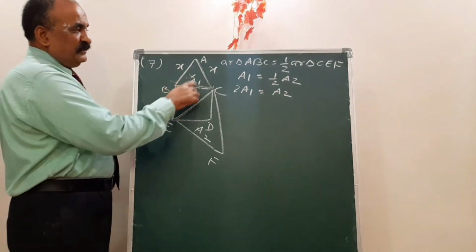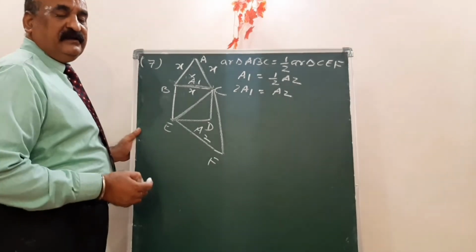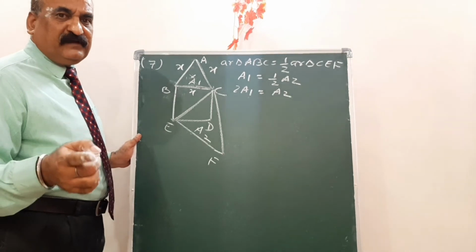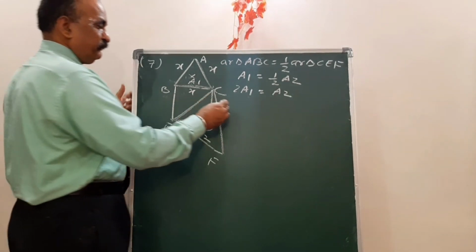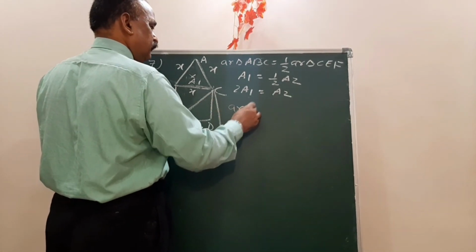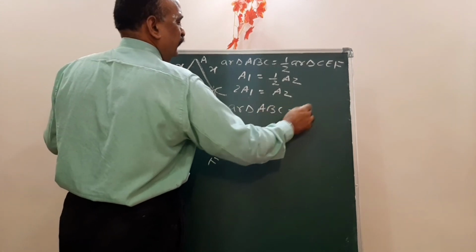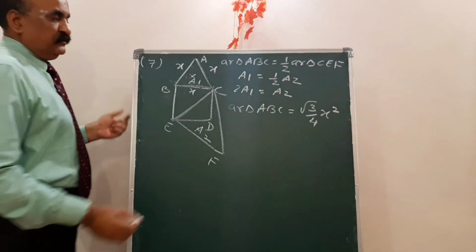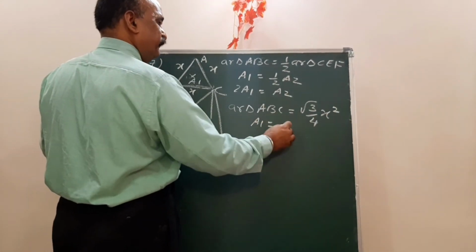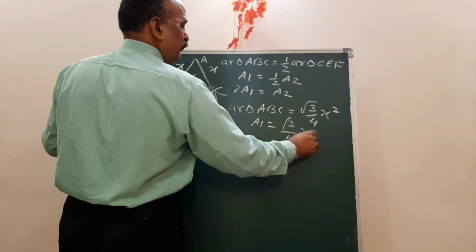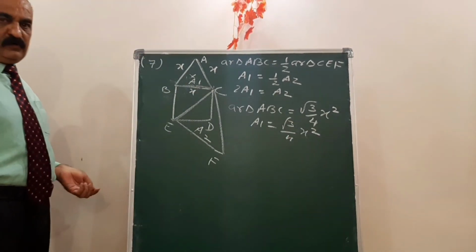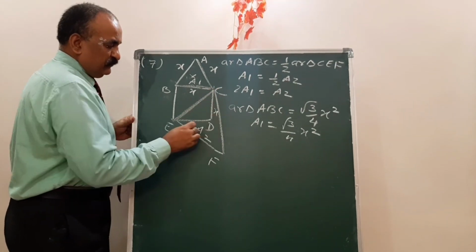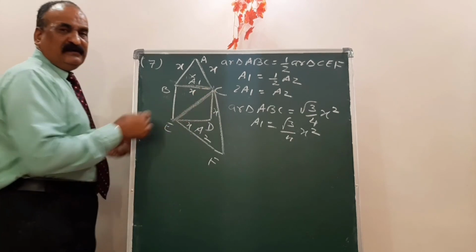तो पहली बात, मैं इस ट्रायंगल का एरिया निकाल लेता हूं. तो इस ट्रायंगल का एरिया क्या हुआ? इक्विलेटरल ट्रायंगल का एरिया √3/4 इंटू साइड स्क्वायर. तो एरिया ऑफ ट्रायंगल ABC इज इक्वल टू √3/4 इंटू साइड स्क्वायर मीन x स्क्वायर. तो A1 इज इक्वल टू √3/4 इंटू x स्क्वायर. ओके, नाउ आपको सबसे पहले ये साइड निकालना पड़ेगी. तो ये आपका x है, तो ये भी आपका x हो गया. तो फर्स्ट यू हैव टू फाइंड द डायगोनल.